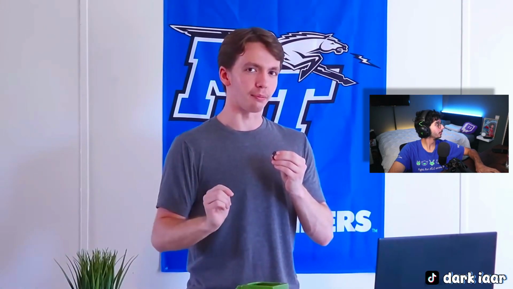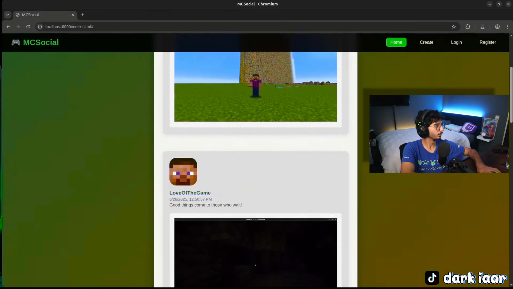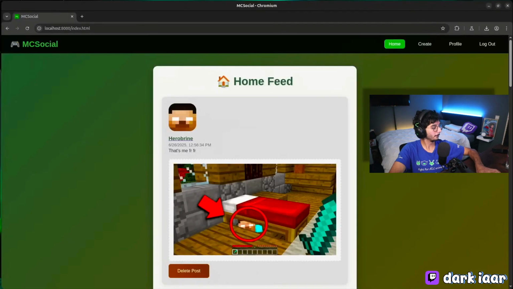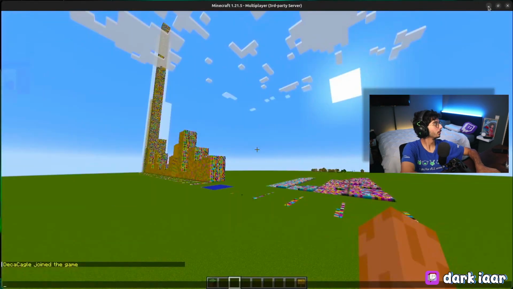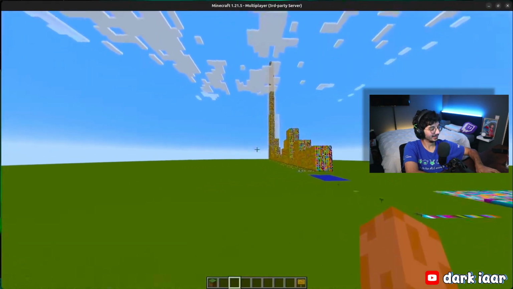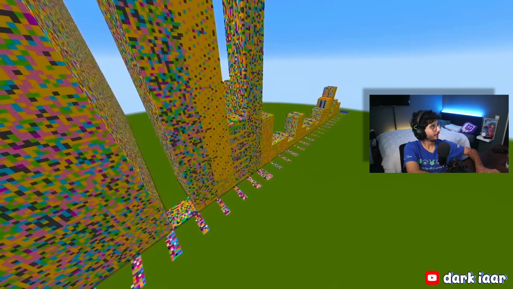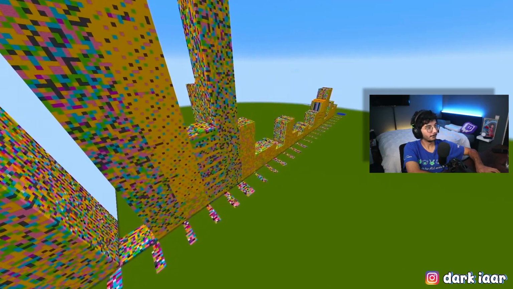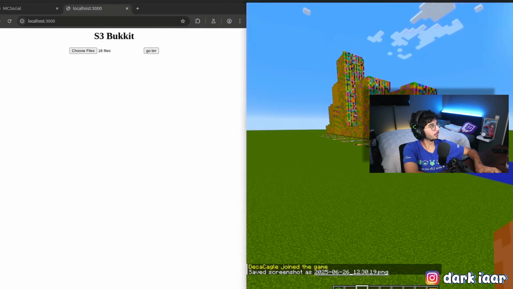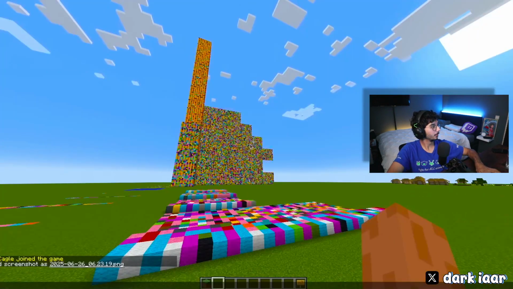Take a look at this website. It's a simple website made for the Minecraft community that allows players to show off their latest creations. Of course, the front end isn't half bad, but let's take a look at the back end. That's right, this website dedicated to Minecraft creations is in itself a Minecraft creation. Everything is stored and served directly from this world, including front-end source code, data tables, and even the files uploaded